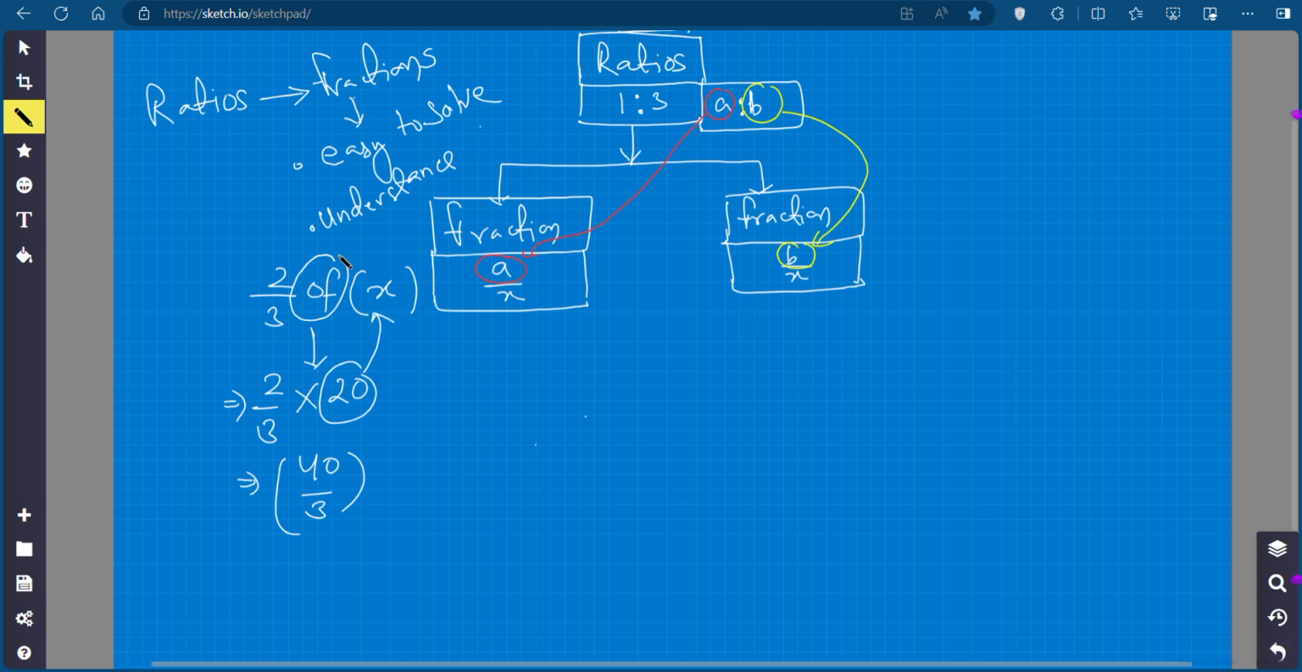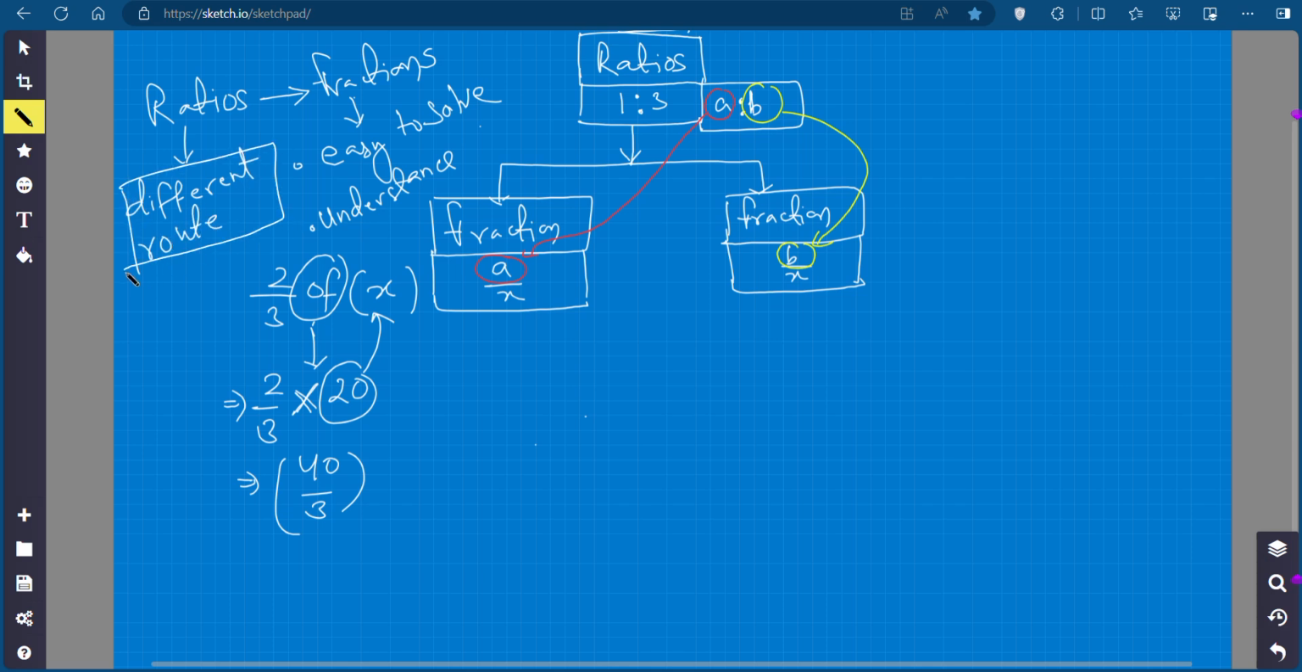So here this concept was important: of, we have to write of as a multiplier. This is why we said a fraction is comparably easier to solve than a ratio. Ratio is not tough either. It's just that we have to follow a different route